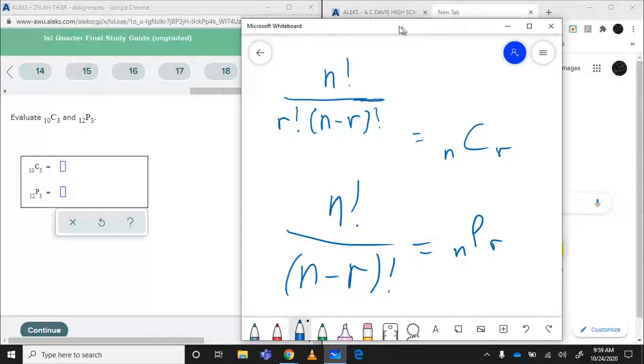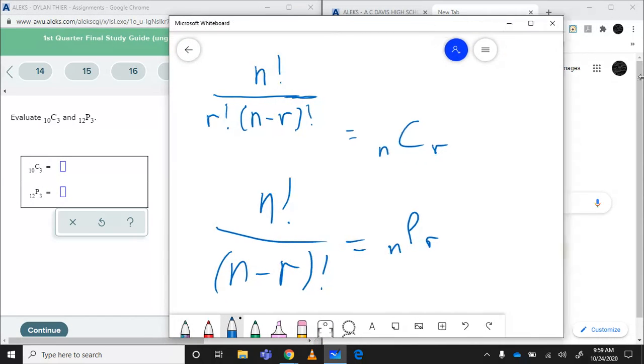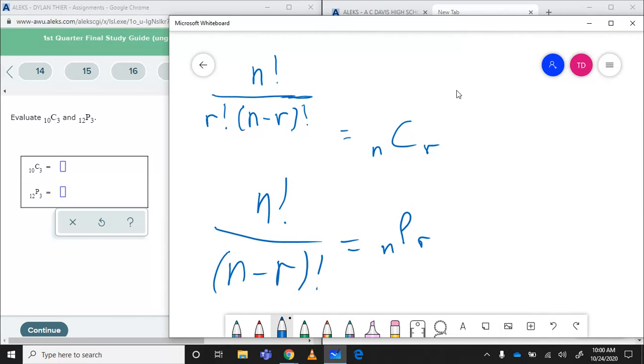Now, if we take our numbers from the problem and we say that we want to choose 3 objects out of 10, and we want to know how many unique combinations we can get, we'll have 10 things to choose from. We only want to make 3 choices, so we need to divide by 7 factorial, which is n minus r. And if we don't want all of the different permutations of 3 objects being picked, we'll need to divide by 3 factorial as well. On the other one, if we want to have 12 objects, we want to pick 3 of them,